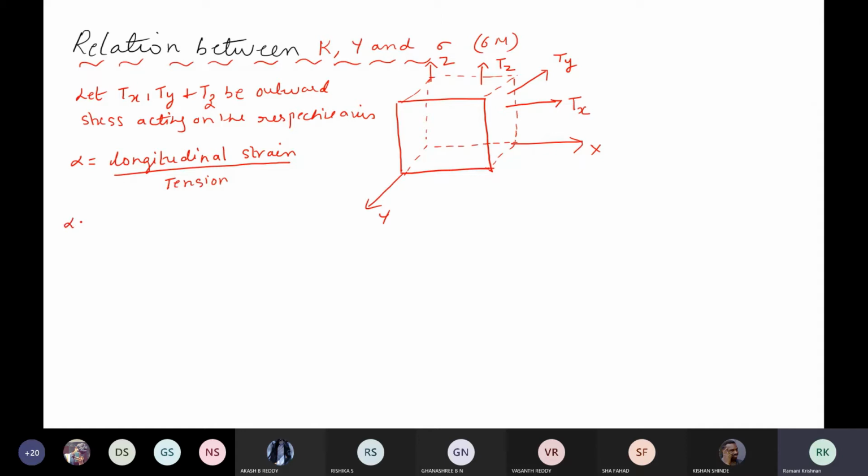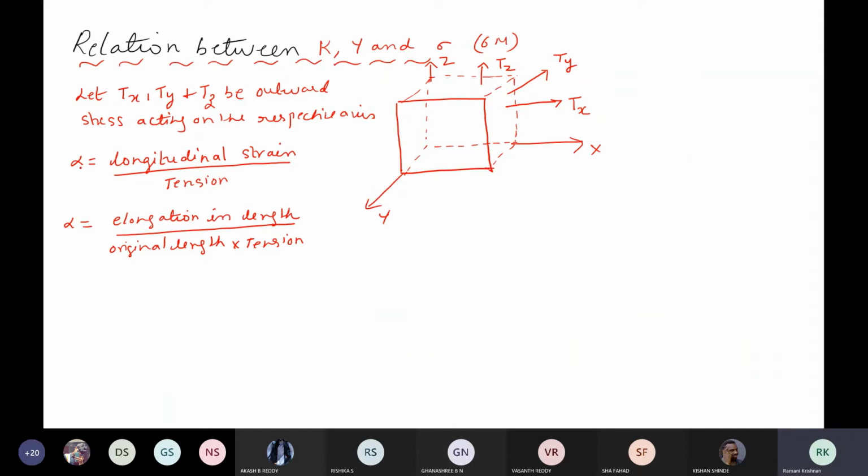And you also know that longitudinal strain means here I will write elongation in length, or change in length. Strain is change in dimension to original dimension. So elongation in length to the original length, into tension. Can I write this? Students, alpha is going to show us the expansion, elongation, right? So alpha is a longitudinal strain coefficient.